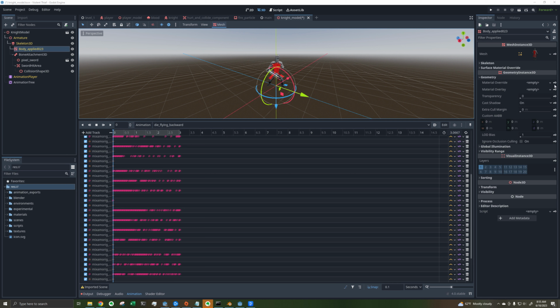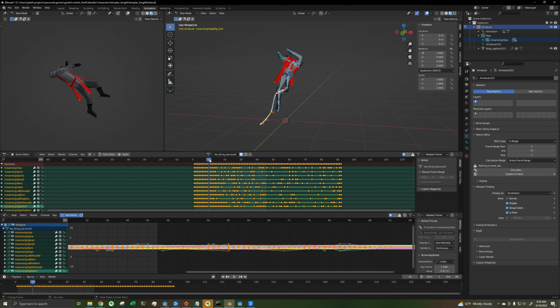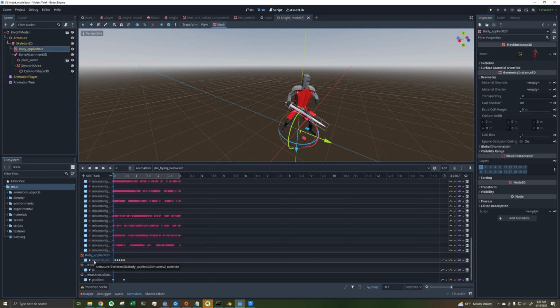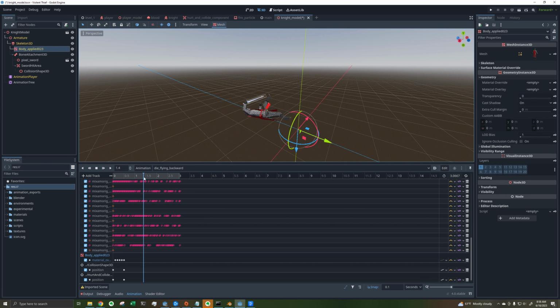The Godot animator is quite powerful. You can use it to animate property values like these over here, which is super cool. For example, I've got this death animation here where my knight flies back dramatically when hit. And I was able to add some additional juice in Godot by modifying the material override property in my animation player. So if we play this track, you can see that I modify the material to red and then back and then orange and then back. If we play that,